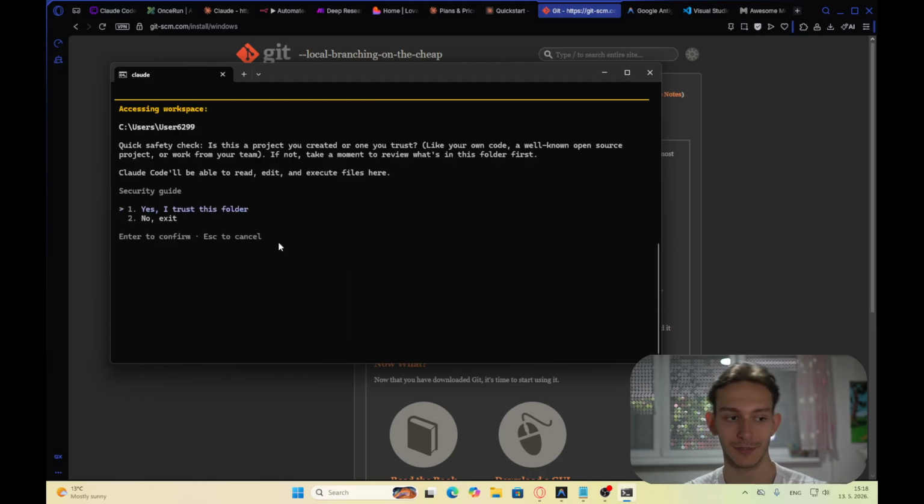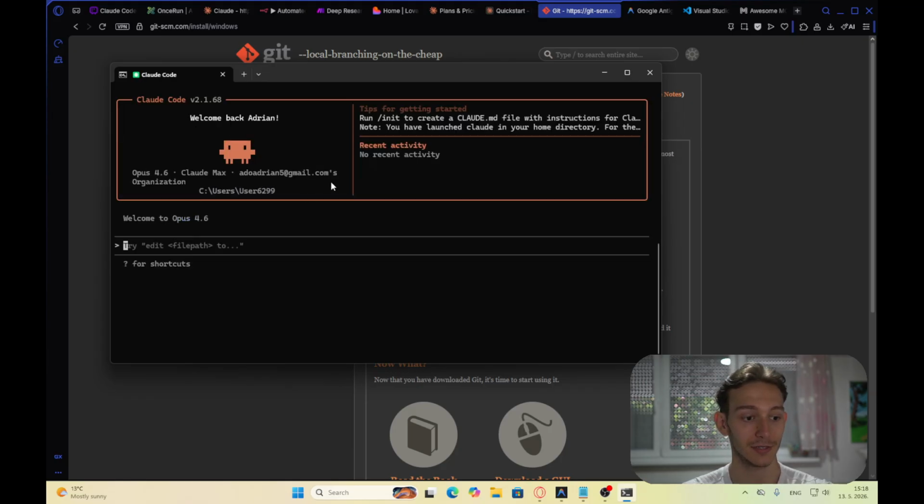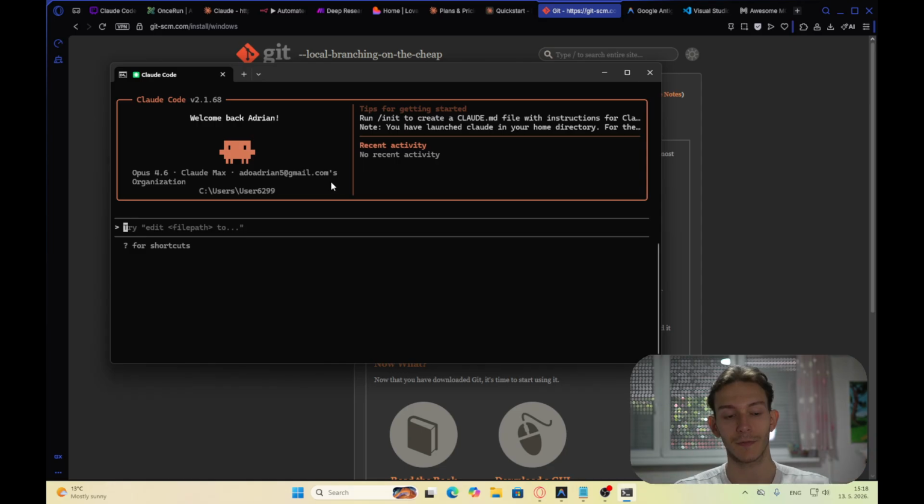Claude can make mistakes, of course. Accessing the workspace, yes, I trust this folder, of course. You just give it access, and boom, you're in. However, this is the point where you have it installed on your computer. Awesome, step one done. After you've done this, we actually are going to kind of take a step back, because